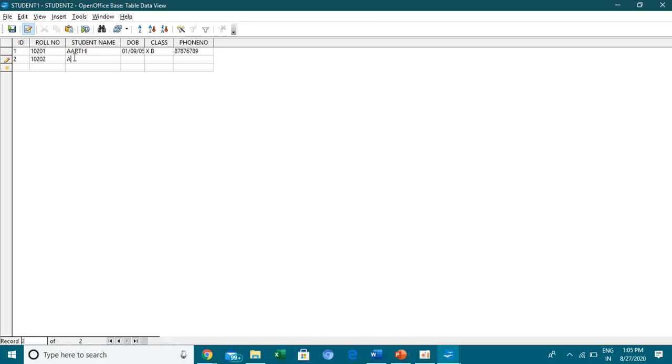Then give the name as. Like this you can enter the records for the table. Now I'm going to duplicate the value. Again 2.